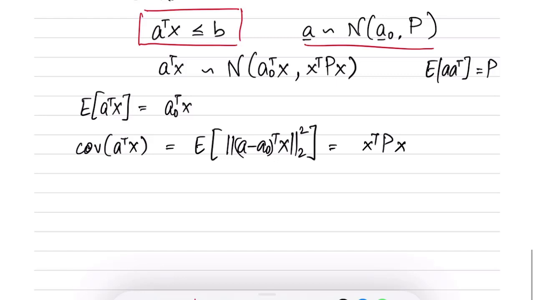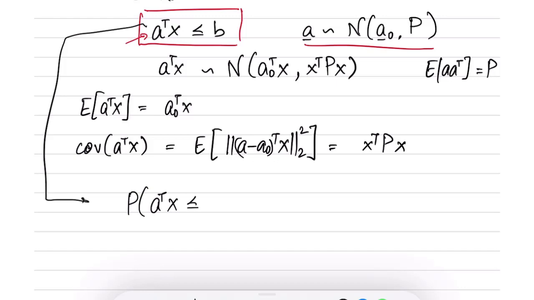So if someone says that I want to satisfy A transpose X less than or equal to B, where A is this random variable, I could ask with what probability you want to satisfy it, because A is random. Obviously A transpose X can be anything from minus infinity to plus infinity, so it cannot generally be satisfied. Therein comes the notion of stochastic robustness. Instead of this constraint, we will replace it with the probability of A transpose X less than or equal to B being greater than or equal to some limit, let's say epsilon. For example, epsilon could be 0.99.